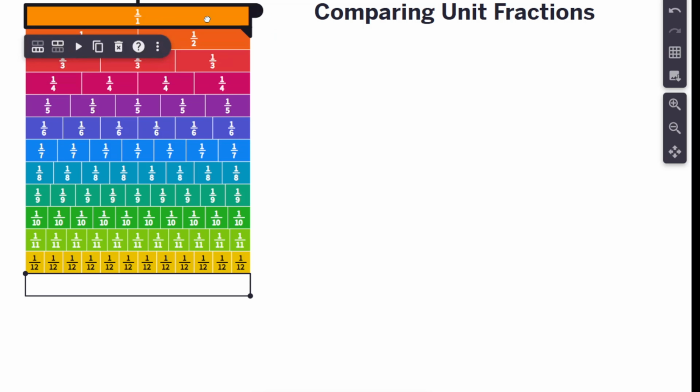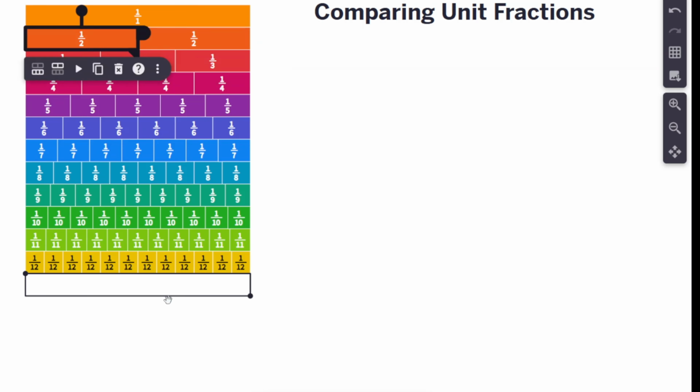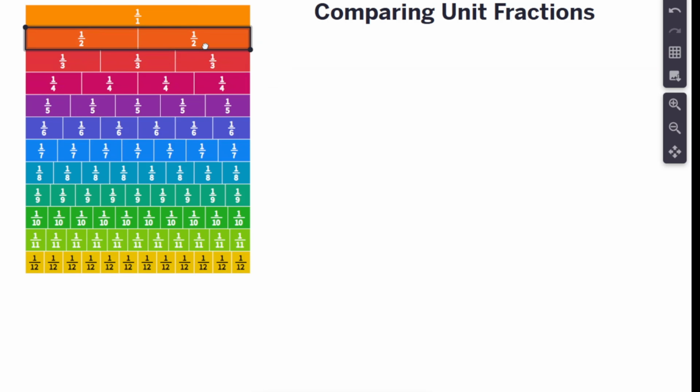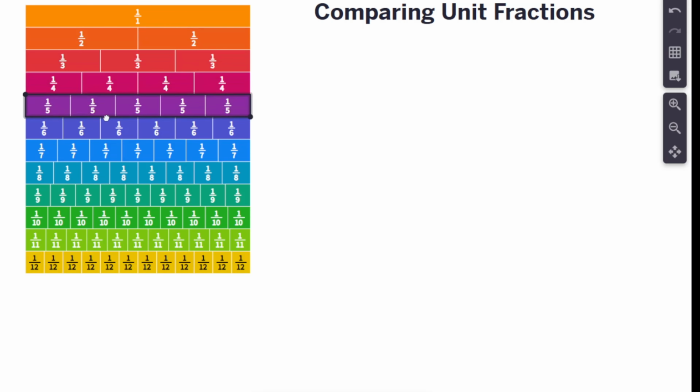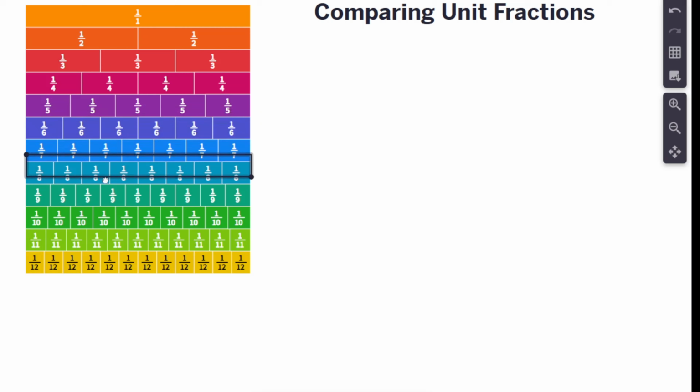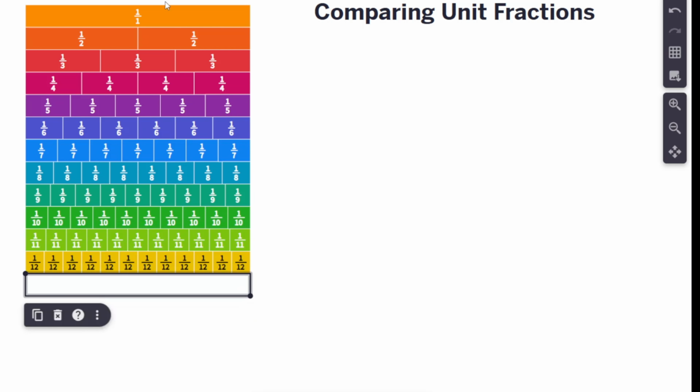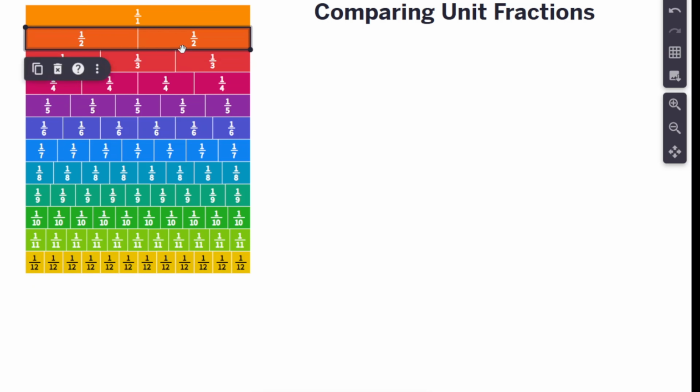Each of these rows is actually a whole, and these wholes are made up of smaller equal pieces in the fraction wall. So if we look at this whole that is made out of two equal parts, half and a half,